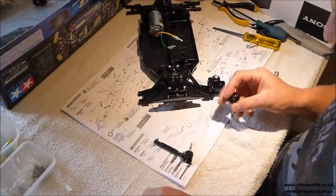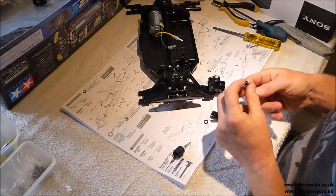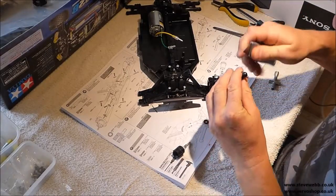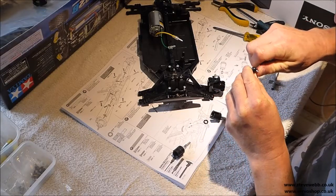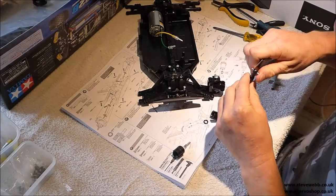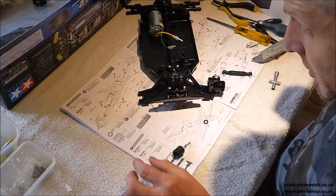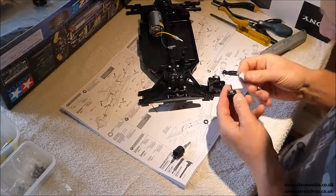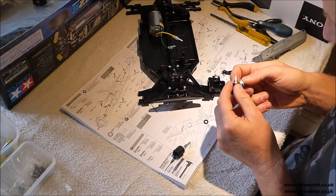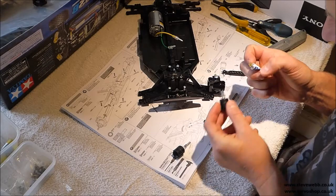From the cup out of the diff, got this little rubber ring to go in. And what I did, these dog bones in here, you want them to move pretty smoothly, and I don't want anything that's going to catch and wear the rubber, so I'm just scraping. There's a little bit of a mould line from the sprue, scraping that off, edge of the blade. So where do you have to lube? Everything again, right, cool. At least they do give you plenty of grease,